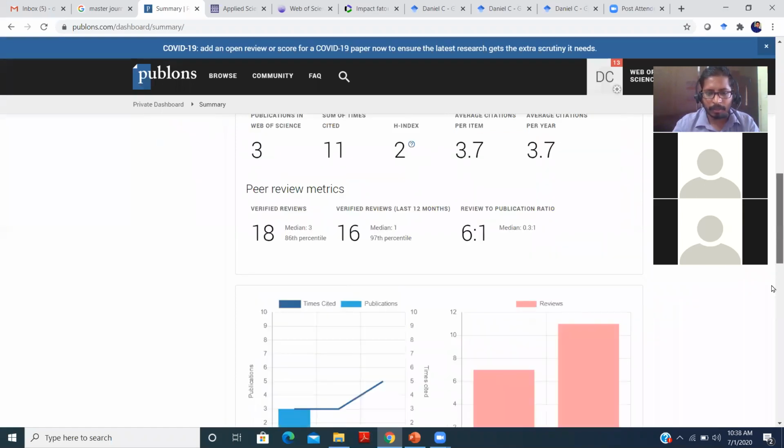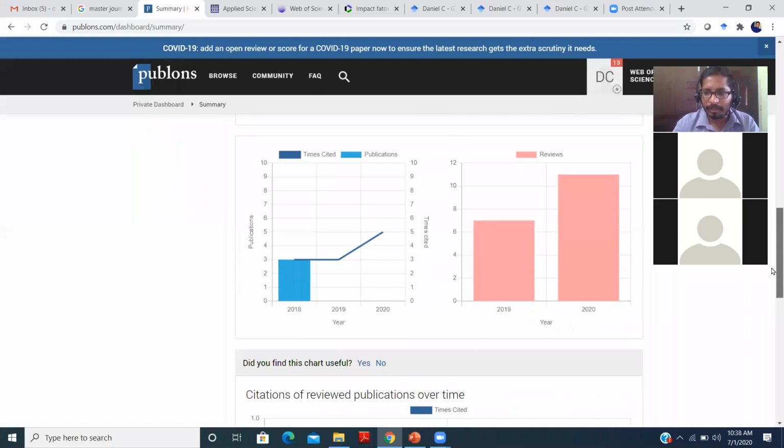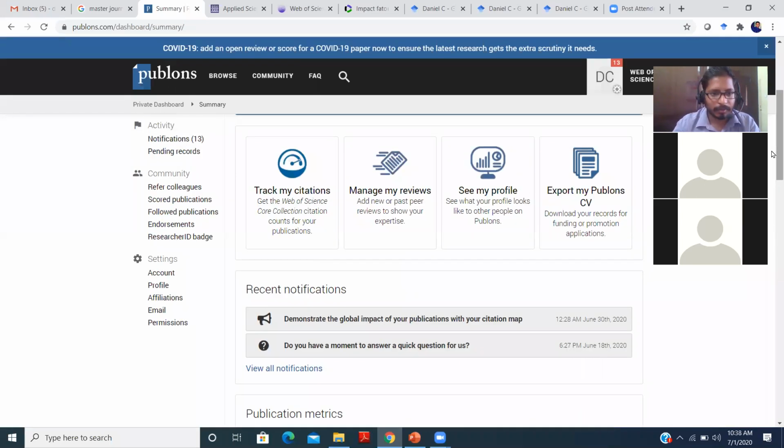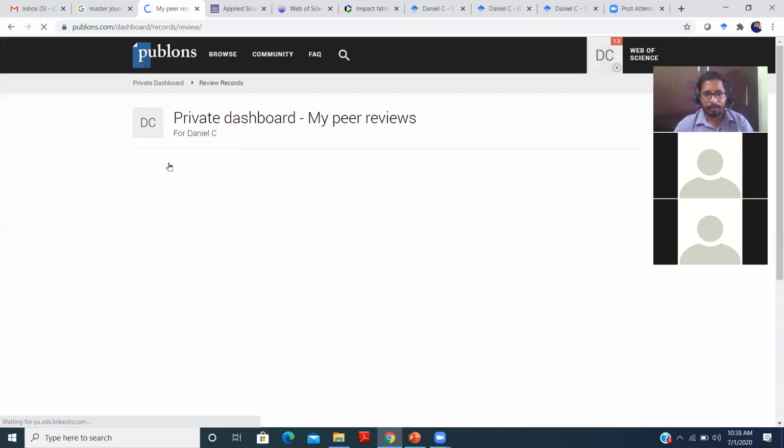Here they are also calculating everything: publications, Web of Science, sum of times cited, H-index. Mainly Publons is used to check the review records.